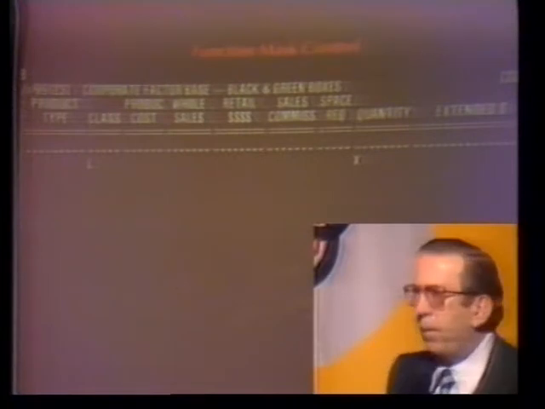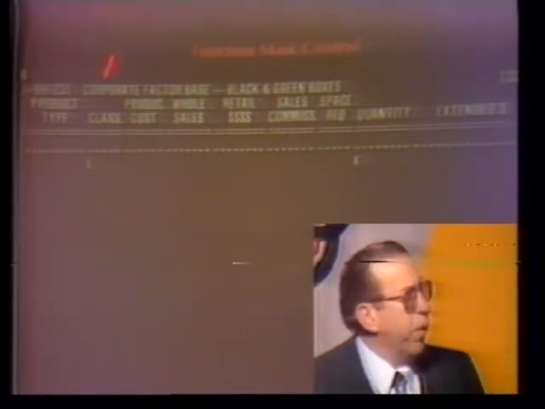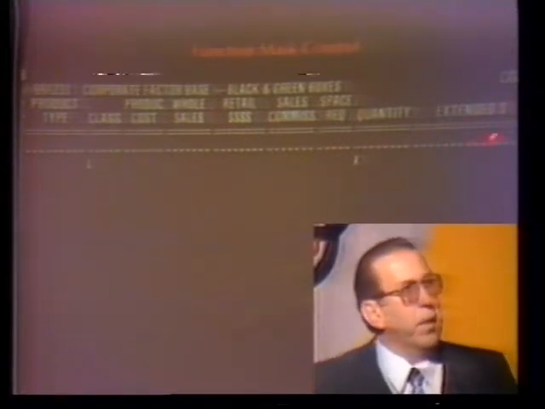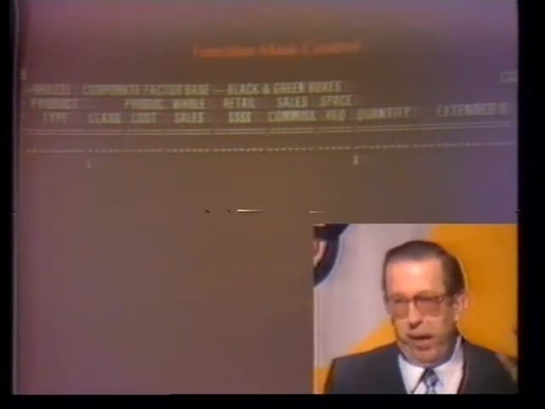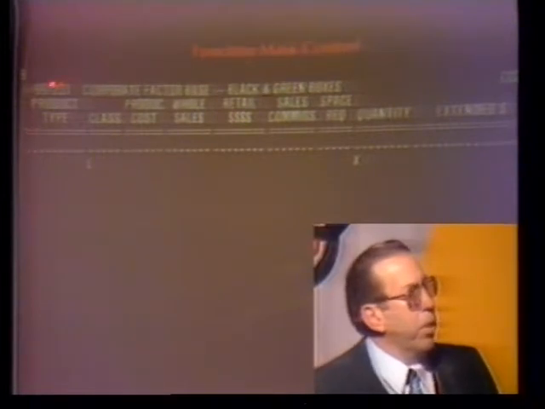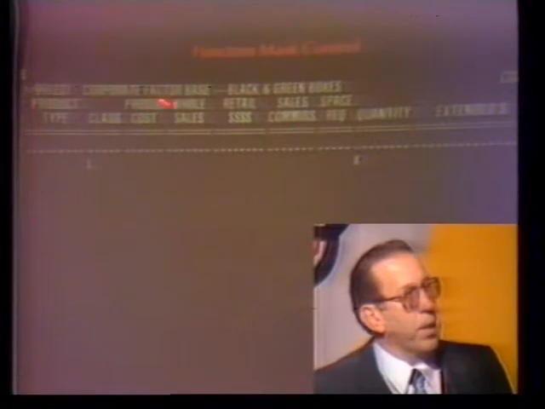We call for the graphic function, and that function mask is presented. And again, these are the headers from that report, presented on the screen with the asterisks in place. Now, the rule for all of our functions, and by the way, there's 100-some functions, and they have many options. It isn't just a function that will only do one thing, but within the function, there are lots of options. And one of the rules of using these function masks is, if there are options that can be used, they will be put above the mask.